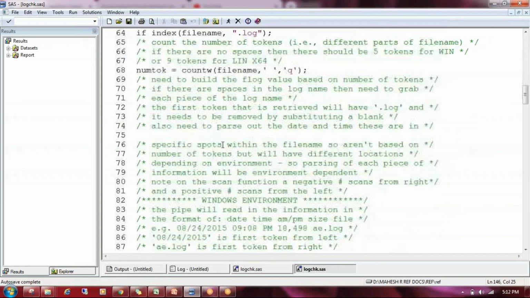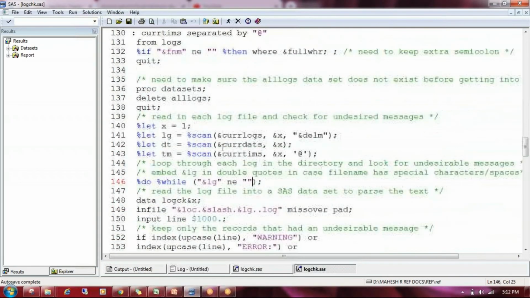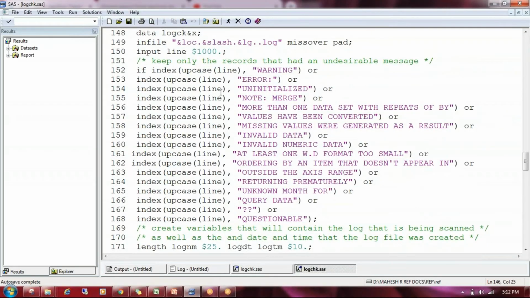In this macro we are not changing anything. Already built in are all the important notes, errors, and warnings: uninitialized, merge statement, more than one value, missing values, invalid data, invalid numeric data. All types of notes are already predefined. If the log file contains one of these strings, it will automatically pop up.